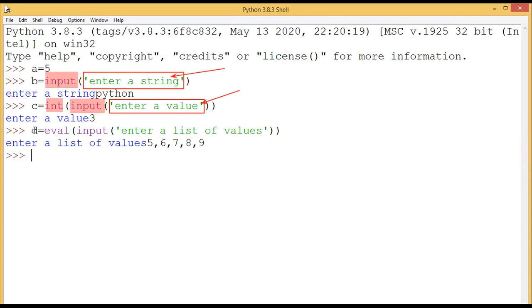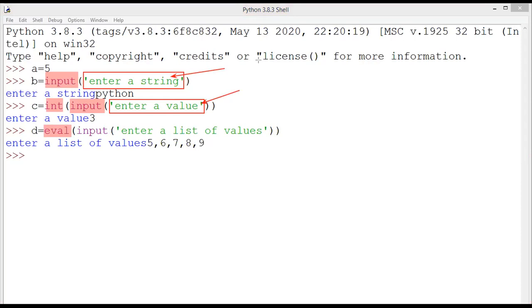Okay, students understood? Yes. Eval is for getting a list of values. See, we have just seen three kinds of types: one for getting a string value, one for getting an integer value, and eval.